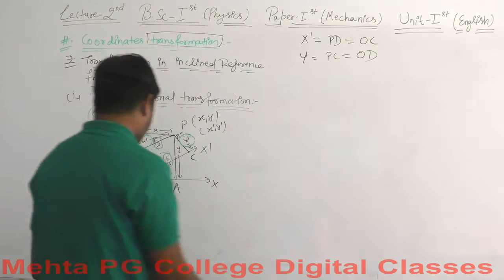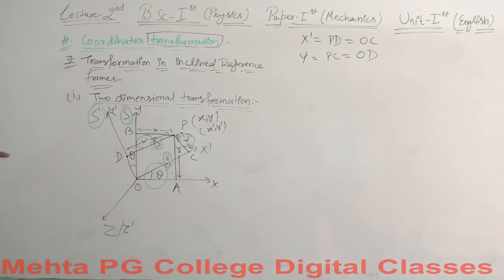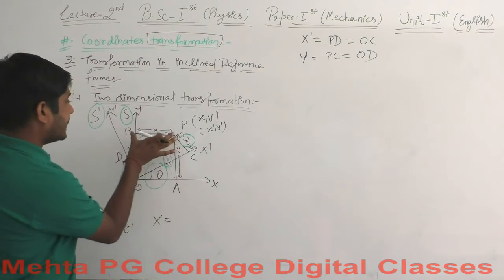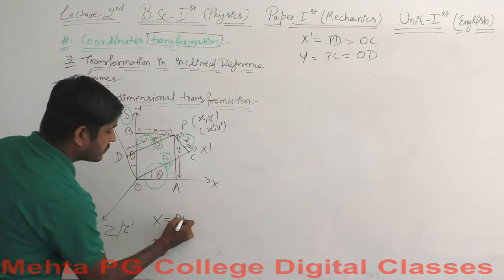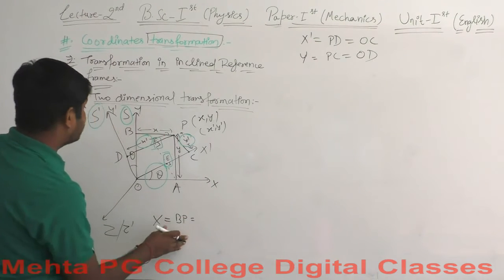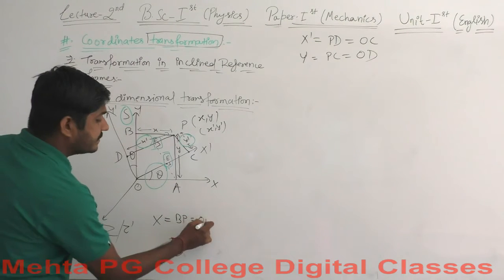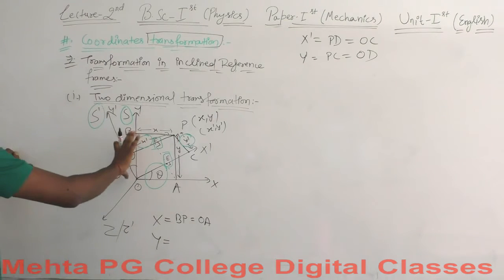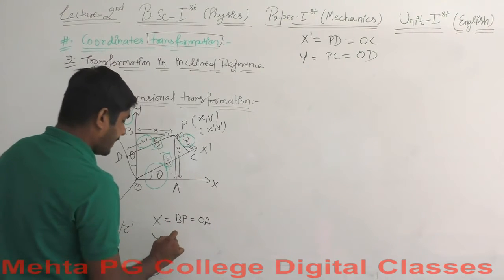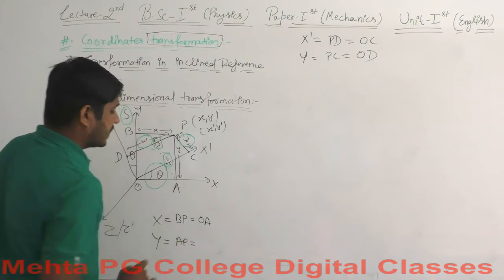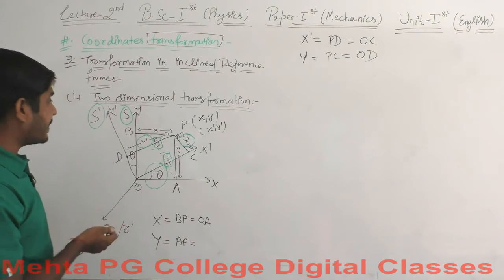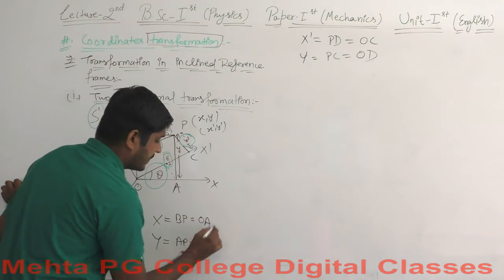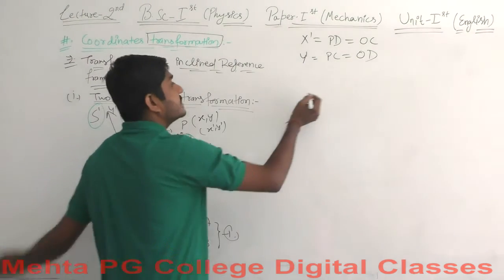Okay, we are subjected to find out the distance x. What should be the distance x? The BP equals OA, and the displacement y, the distance y, should be PA or AP. This is not Andhra Pradesh here, this is AP, okay, and OB. Let's say this is equation 1 and this is equation 2.